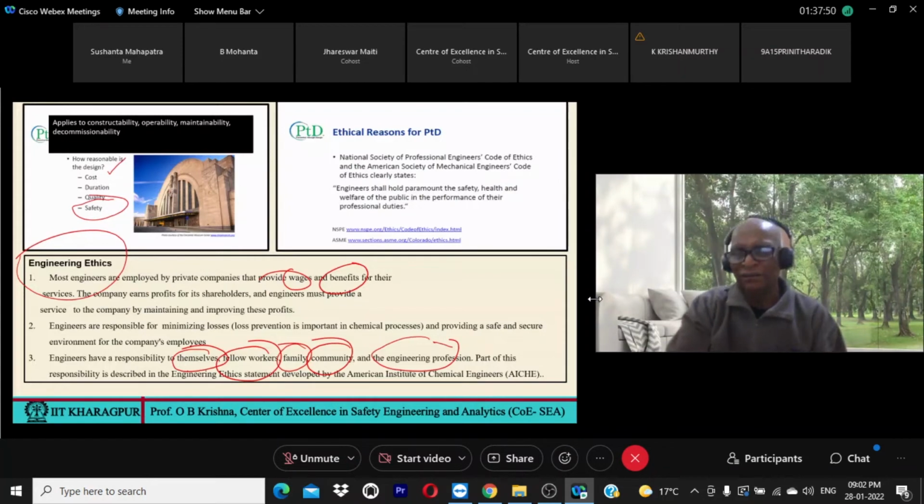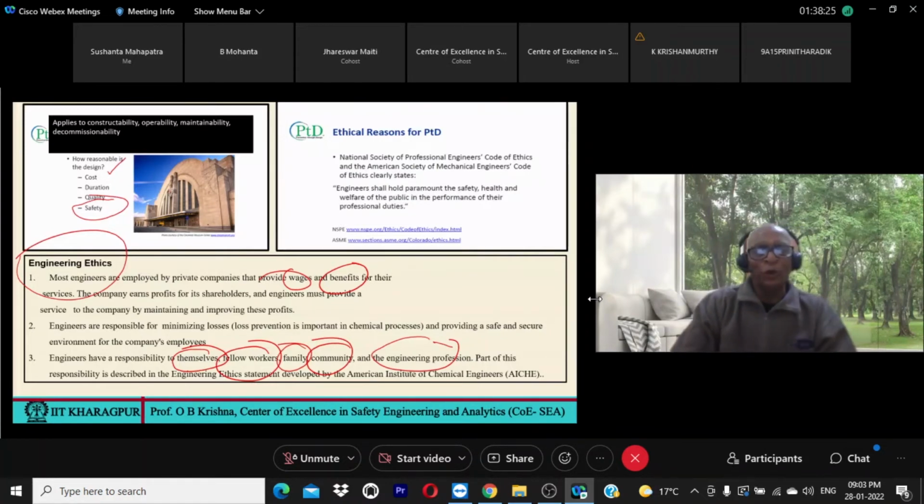What is ethical? I say, I will not do any corruption. That could be ethical. I'll make my daughters big engineers. That is ethical. At any cost, you will not compromise it. That is ethical. And the American Society of Chemical Engineers, they have told